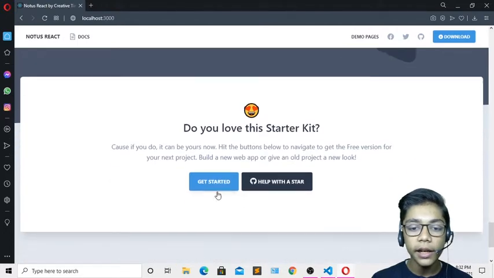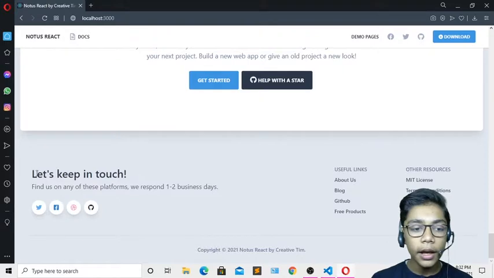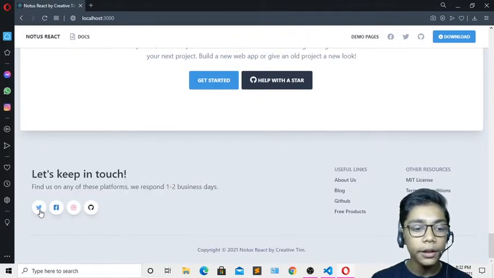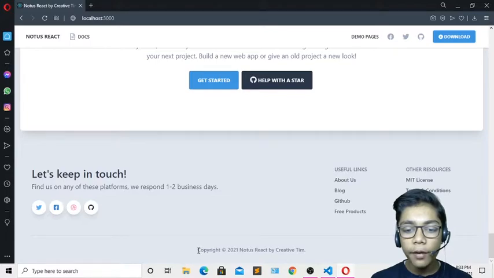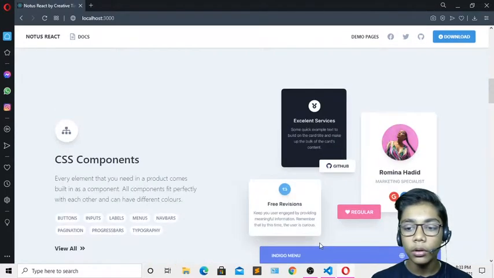You can just read that, and if you press over here also, it will work for you. Then underneath that we have the last thing, which is called "Let's keep in touch", and you will have the URLs of Twitter, Facebook, and every platform you want to contact. You can see that we also have our copyright. We will be building all of that with React.js. You can see how good looking it is.